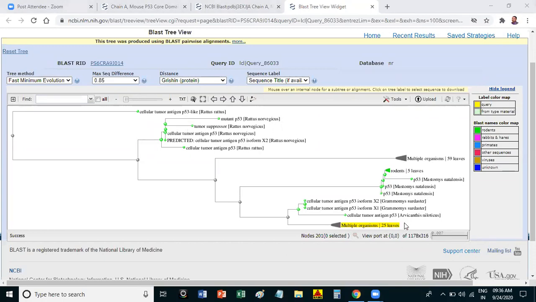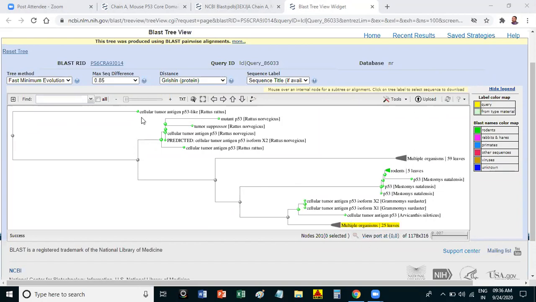It means all those sequences have some similarity with your sequence. This sequence has less similarity, which is why their distance is more. So this is a type of distance tree. If they are nearer, they have more similarity. Getting my point or not?